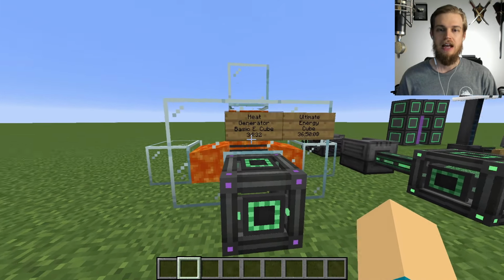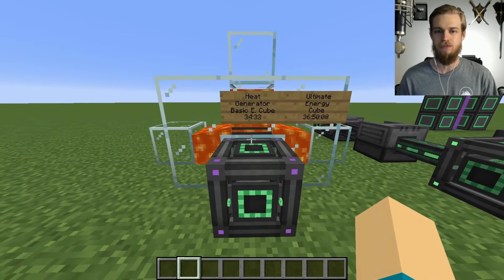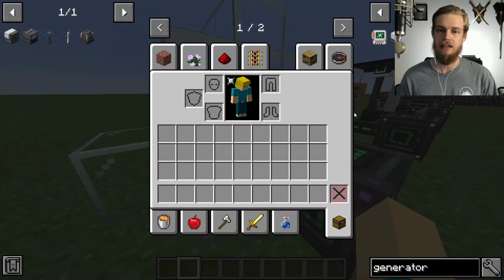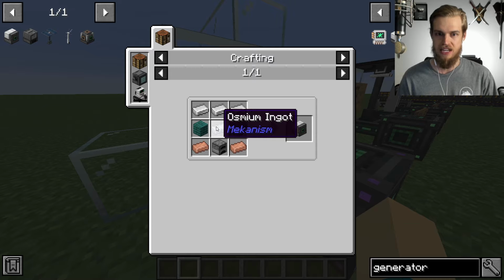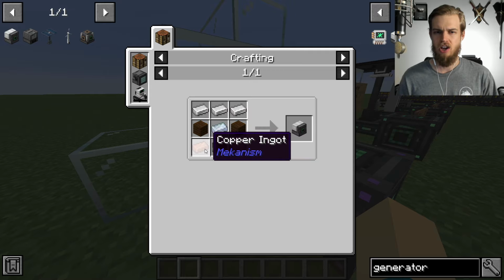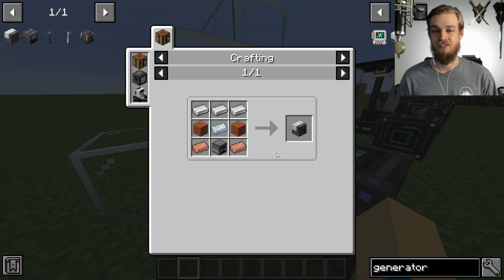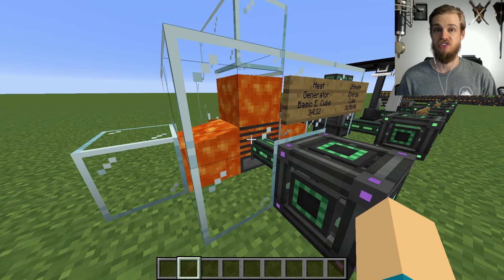So today, guys, we're going to start by looking at the heat generator. As you can see, I've got them all labeled, but let's first talk about the heat generator. The heat generator is likely the easiest to make. In fact, the only thing that's not vanilla Minecraft is the osmium ingot in the middle. And then you can create the heat generator. Everything else is easy. Iron, acacia, copper on the bottom. You have to have the copper as well. But copper is super common, so I don't feel like it's super hard to get. And then a furnace. Once you have those together, you can make your heat generator, and it produces power, which